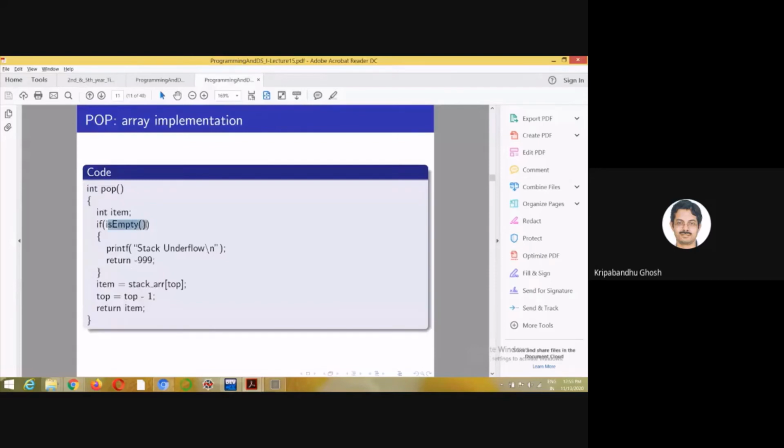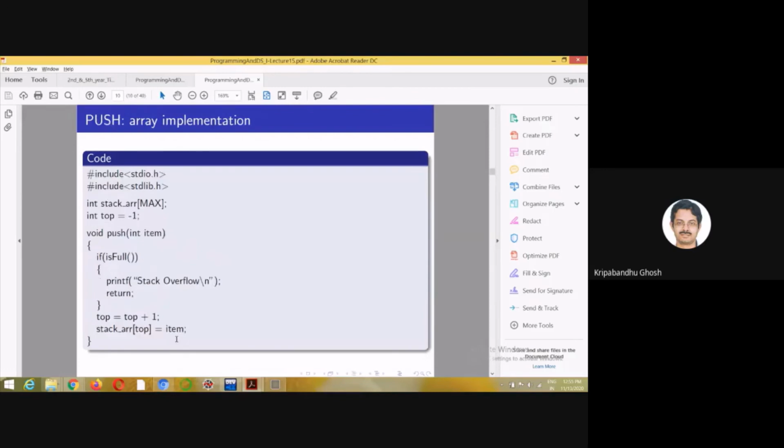If it is empty, then it would return a garbage value, so I return a flag, -999, which shows that the pop operation is not successful. Otherwise, it will take the top element. The stack top is the top element. It will return this element, and before returning, it will decrement top by 1. This is exactly what I showed you in the example.